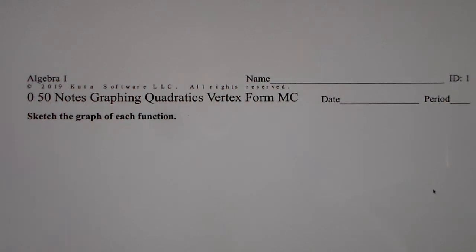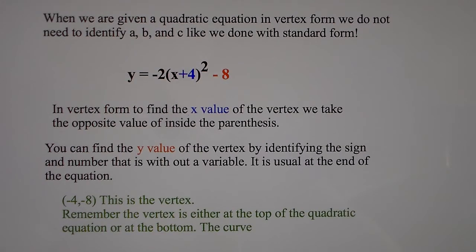Alright, ladies and gentlemen, this is a little mini lesson here on 050 notes, graphing quadratic vertex form, given some open-ended and multiple choice. So, some things we need to know here before we get started with a few problems. When you are given a quadratic equation in vertex form, we do not need to identify A, B, and C like we did for standard form. Here's an example